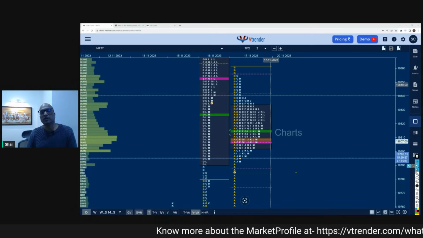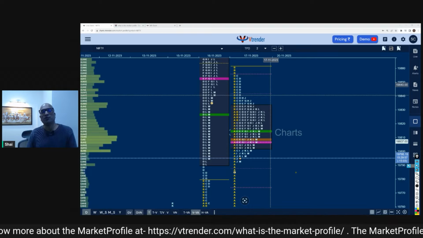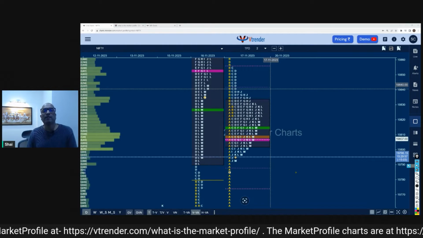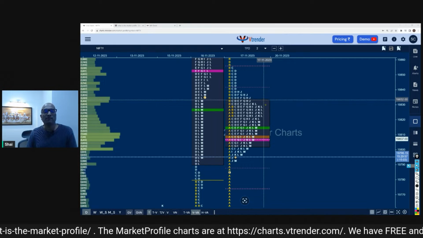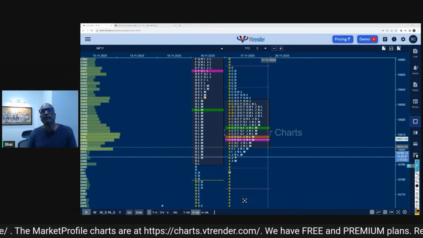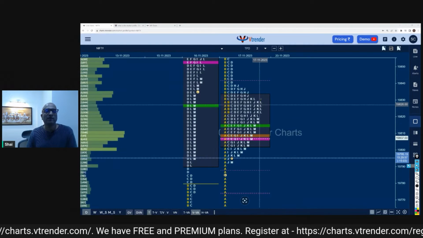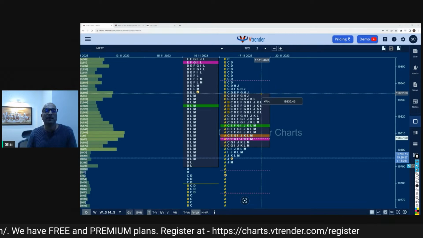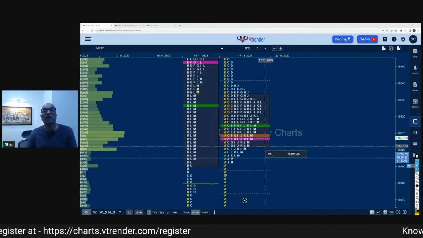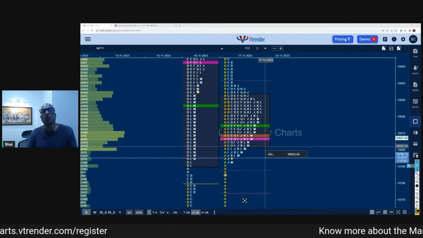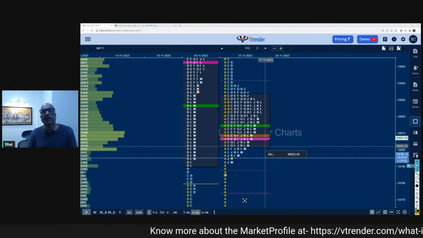Back in the day, about 50 years back, Pete Stedelmeyer and his team never got to see these kinds of moves. And they used to make their money completely off this concept called the value area. At that point of time, this was almost a holy grail for them. The markets used to be so quiet that they knew every time the market went to value area high, it was a short. And every time the market went to value area low, it was a long. That's all that they did, and that's all the strategy they devised to trade this.